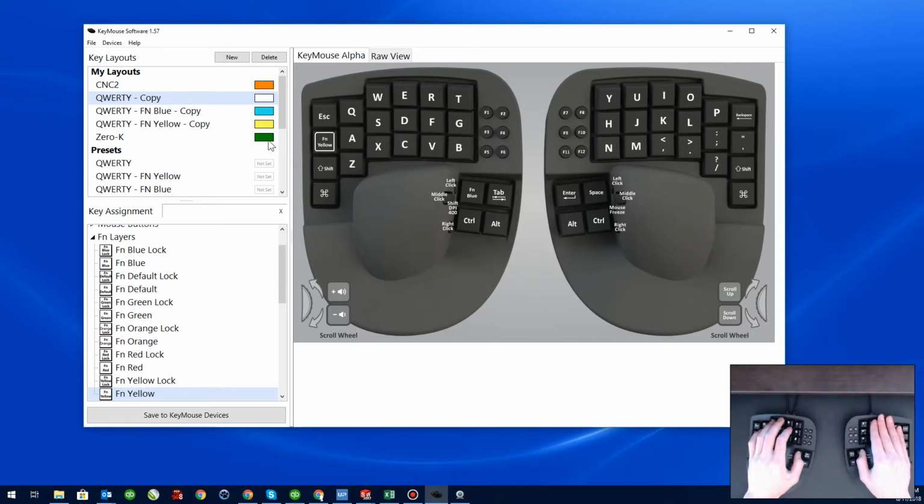In this video, I'm going to show you how to create function locks or layer locks. If you want to lock your KeyMouse in a specific layer for gaming or designing, or if you want to lock it in the number pad for a numlock or something similar to a numlock,